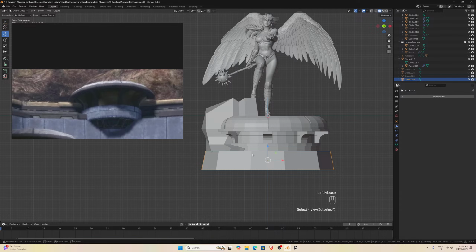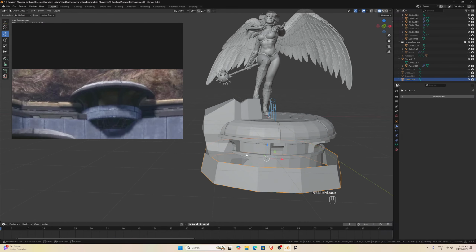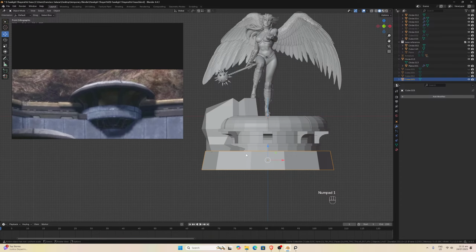Here I have to do something similar, but let me see, because I'm thinking maybe we do something like this, or maybe we create the rocks here. I am not sure yet. If I hide this part,